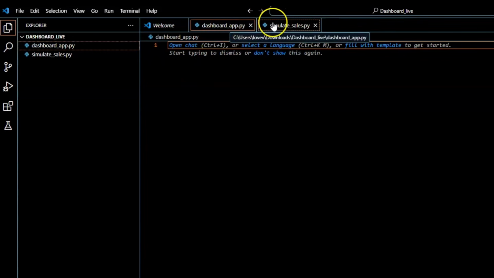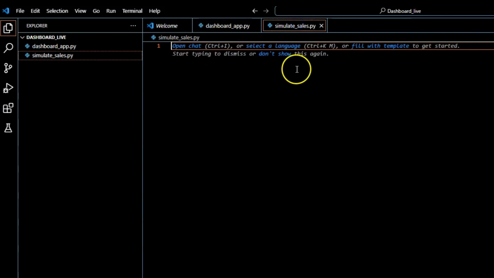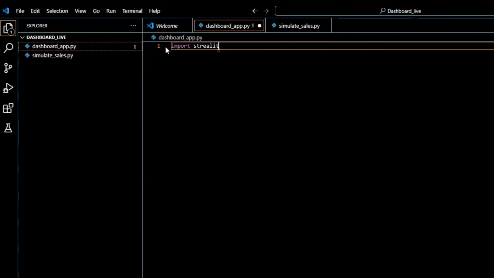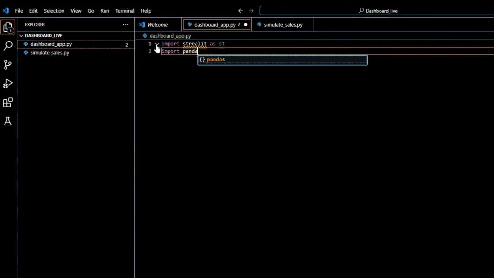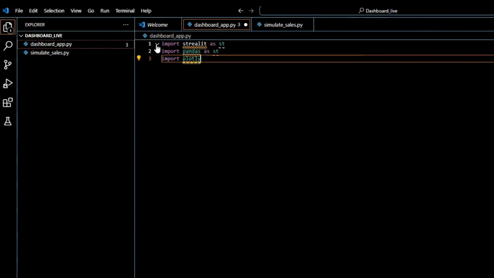Here on the top, you're going to see 2 tabs. One is your dashboard app for your code, and one is simulate sales for that code. But we're going to work first on the dashboard app, so make sure you've selected that. And we're going to import the libraries that we need. So the first thing is import streamlit as st. The next line, import pandas as pd. Import plotly.express